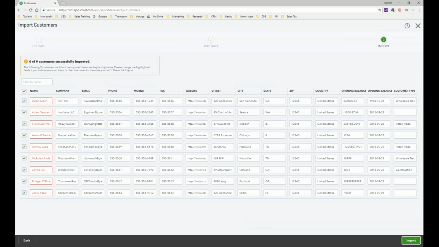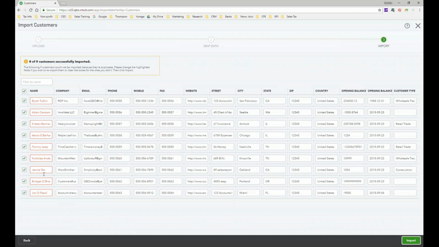Now, the reason it gave me this error is because I have already imported this before. And so what it's going to say is that these are duplicates. So as of now, if you have updated customers' information like a mass update and you want to do it by bulk, unfortunately, as of right now, you won't be able to make those updates, even if it's for the same customer. Because what I have done, I have imported these customers in already, but it's giving me